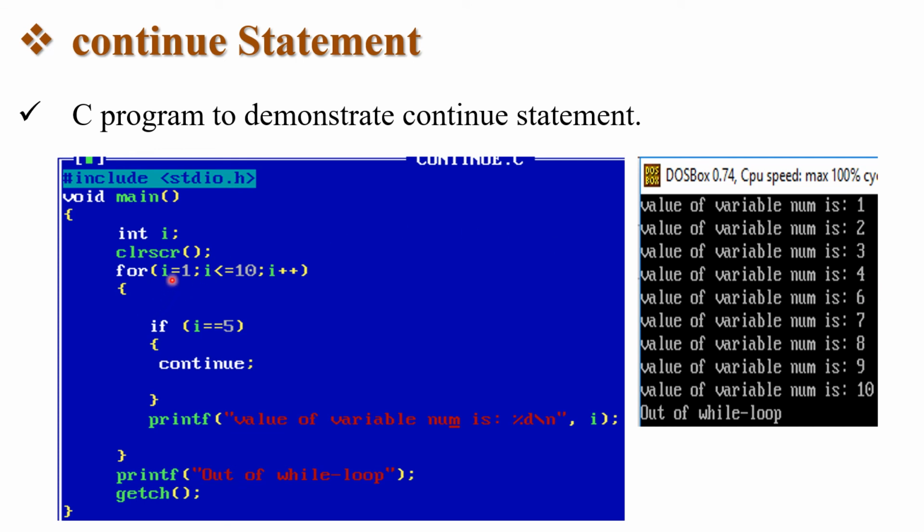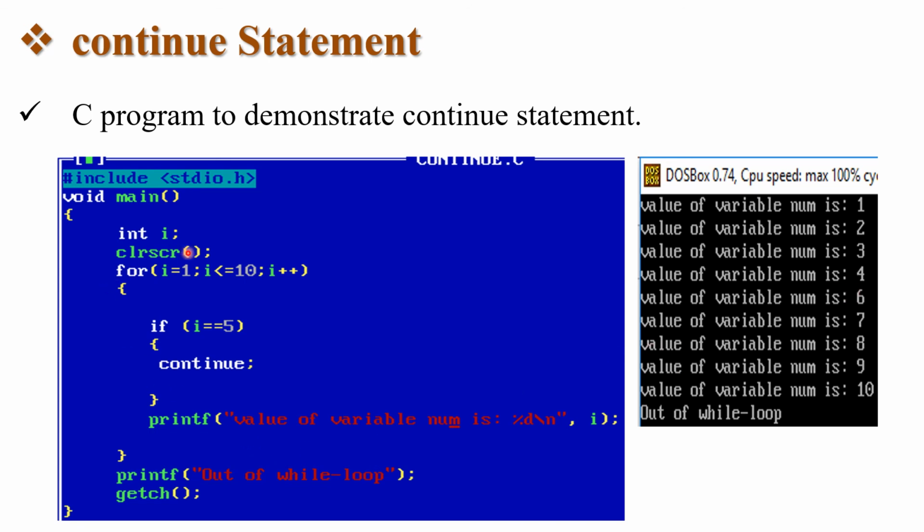Whenever the value of i is 5, this will be checked. If i equals 5, yes, true, then continue will be executed. Whenever continue is executed, control is transferred directly to the for loop, which increments the value of i once again, but the body of the loop will not be executed. So the value 5 is not printed, you can see in the output screen.